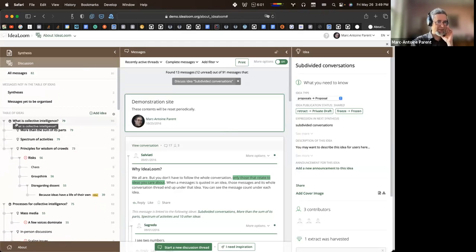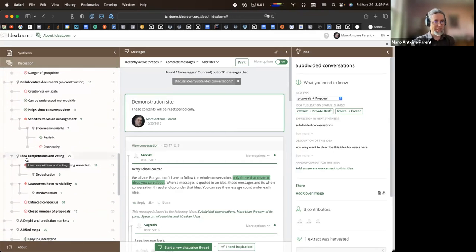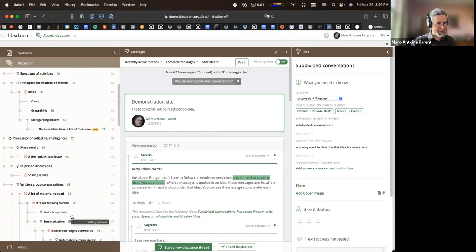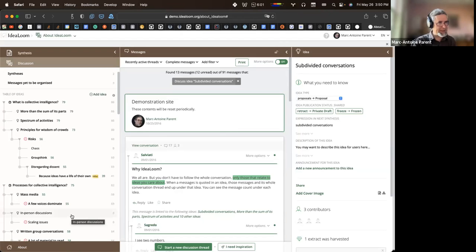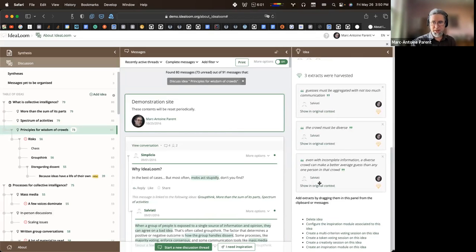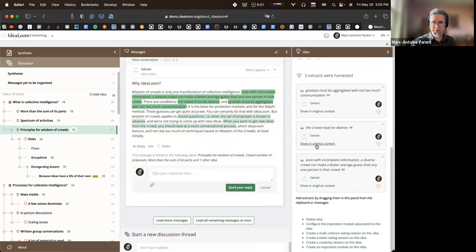And I did add little IBIS tags really: question, proposal, con, argument. It's a tree, not a graph. Well, it's a graph backend, but the front end is a tree, unfortunately. And this is many-to-many, in the sense that some of the ideas are connected to multiple points in the conversation.